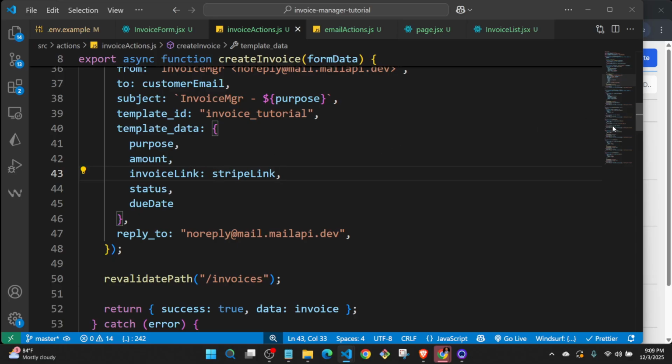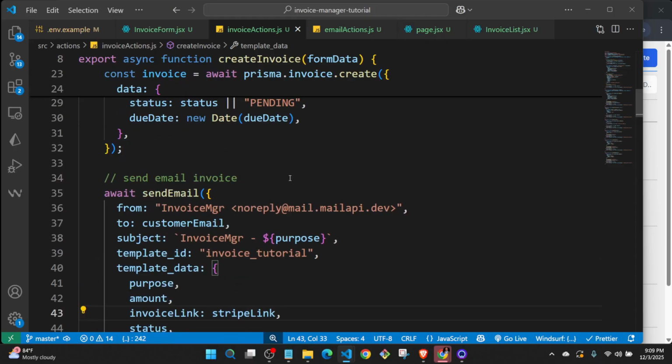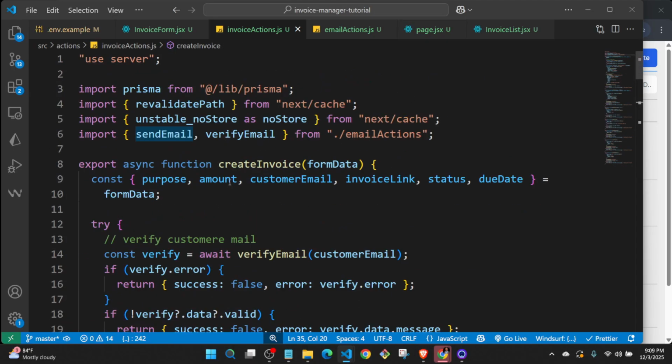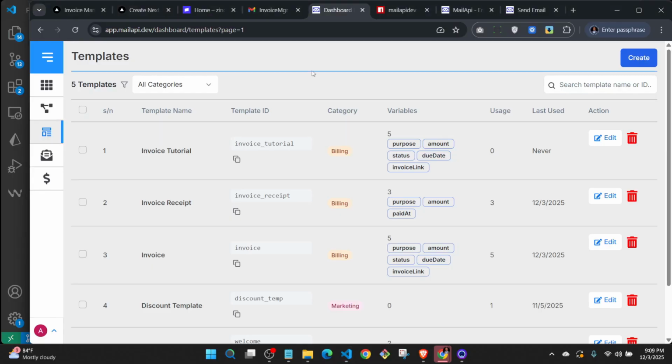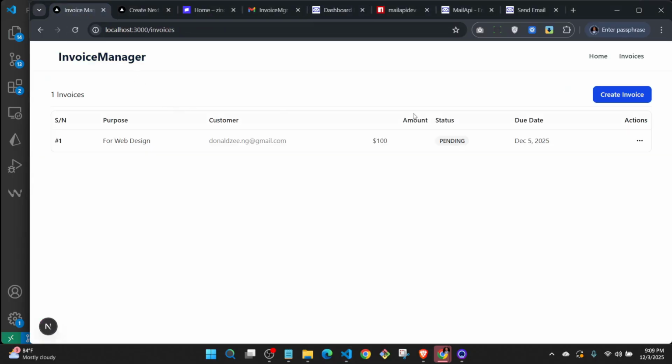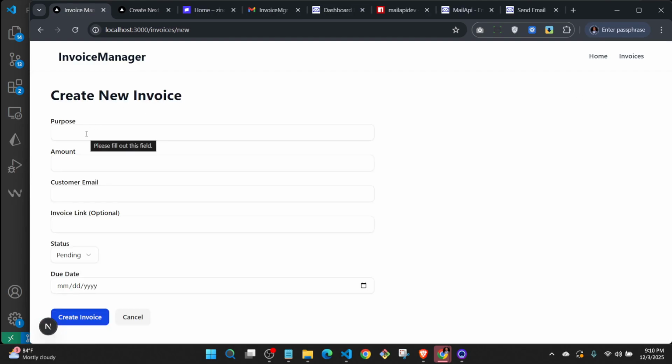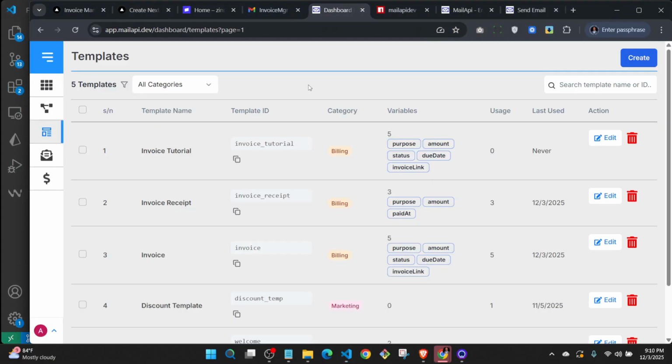So let's go ahead and test, right? We do need to test. Make sure you import the send email. Okay, I think I imported it. So I'll come here to the project I'm currently working on and I'll try to create another invoice. So create invoice, and then, okay, so now before you send an email, since I'm in test mode, if you come to invoice mailapi.dev and you go to your project,